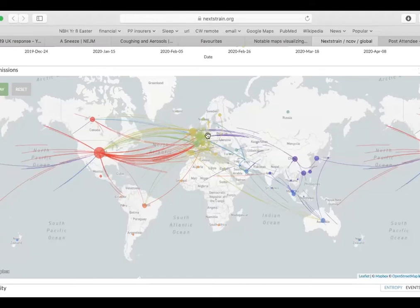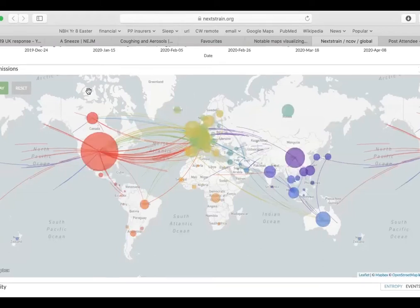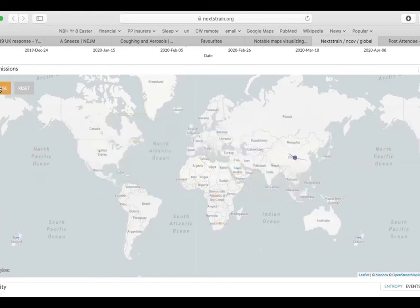So essentially from the epicenter of our start, we are seeing spread from China in this central blue taxonomy region, and how it has moved south into Australia, both east and west. And essentially, as it's moved in a westerly direction, the clones that have been created in Europe are from a different strain to that in China. And you can see by the color coding that the strains in America are also a different nature. And if we just play the video now, this will play through things as essentially we can track this virus by genomic analysis of the different strains and of how it has moved globally,